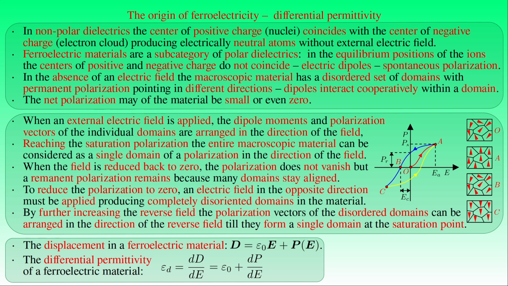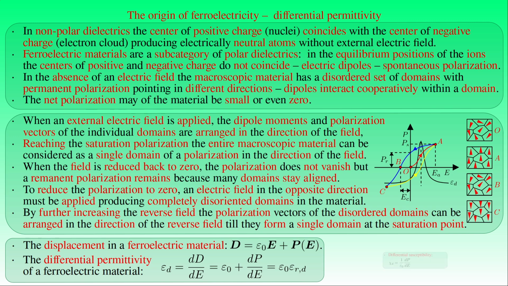This result shows that the differential permittivity epsilon D of a ferroelectric material gives the tangent of its hysteresis loop at a given point, as indicated by its graph drawn for the yellow curve between the points A and C. Its maximum is at the point of inflection of the curve, and the differential permittivity drops from the maximum to the value of the vacuum permittivity as we approach the saturation range of the polarization. The differential relative permittivity epsilon sub RD of a ferroelectric material can also be defined such that its product with the vacuum permittivity epsilon naught is equal to the differential permittivity epsilon D of the material. That is, epsilon sub RD is just equal to the ratio of epsilon D to epsilon naught.